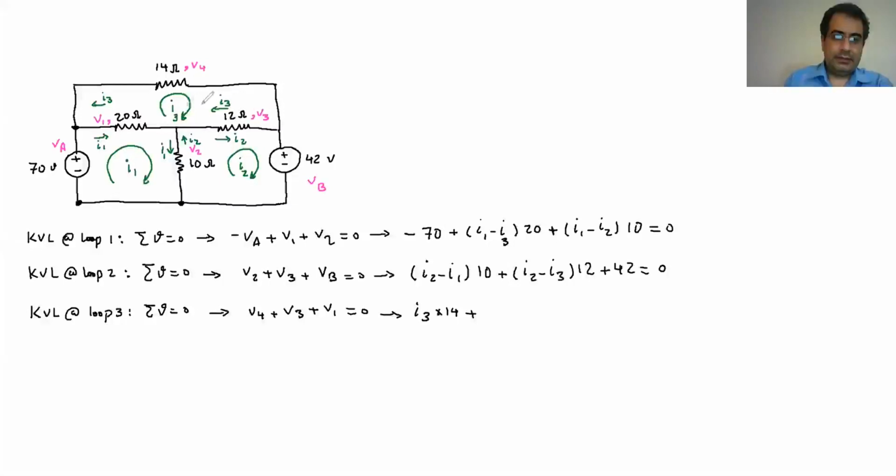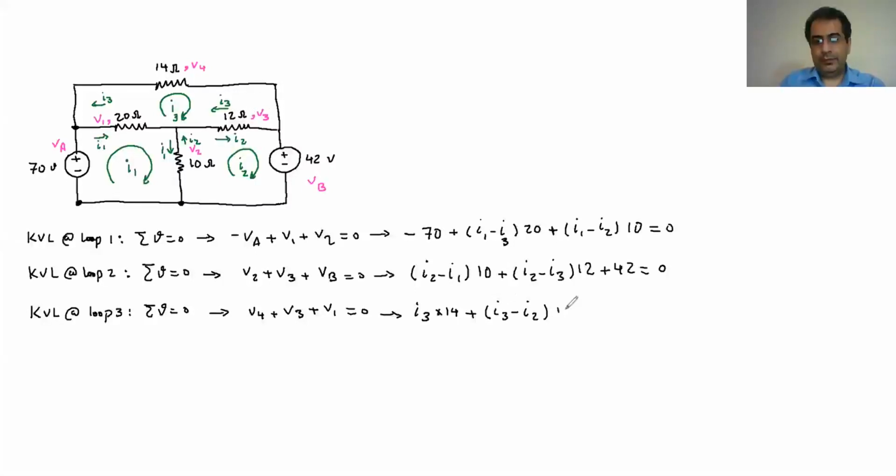The I3 has the same direction as my rotation, so it's going to be positive. The I2 has the opposite direction compared to the rotation, so it's going to be negative. Or in simple words, inside minus outside, so it's going to be I3 minus I2, and then you have